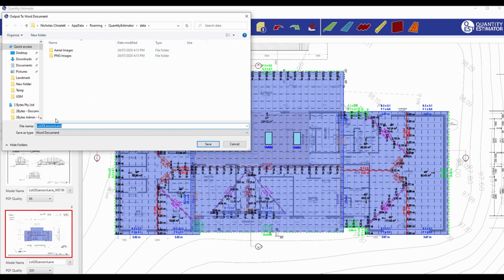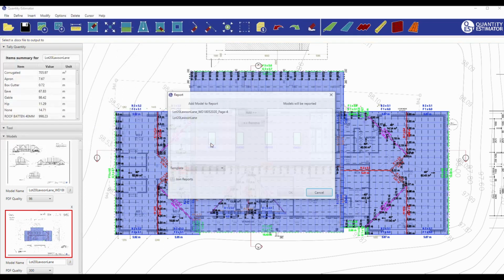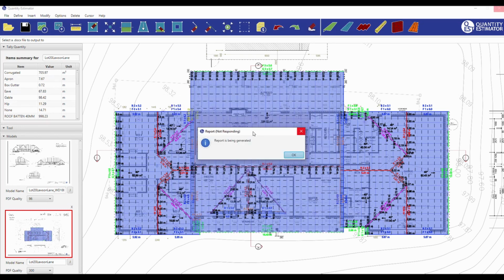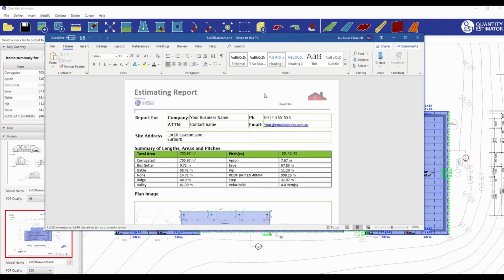So you click on that. That's the name I want to save it as, and I'm choosing this one. So I just double clicked to bring it across. And the template we're going to use is a roof report. Then we click OK. It takes a little while to open up Word. Otherwise the report would already be generated, and it's open on another screen. I'll bring it across and we can see that